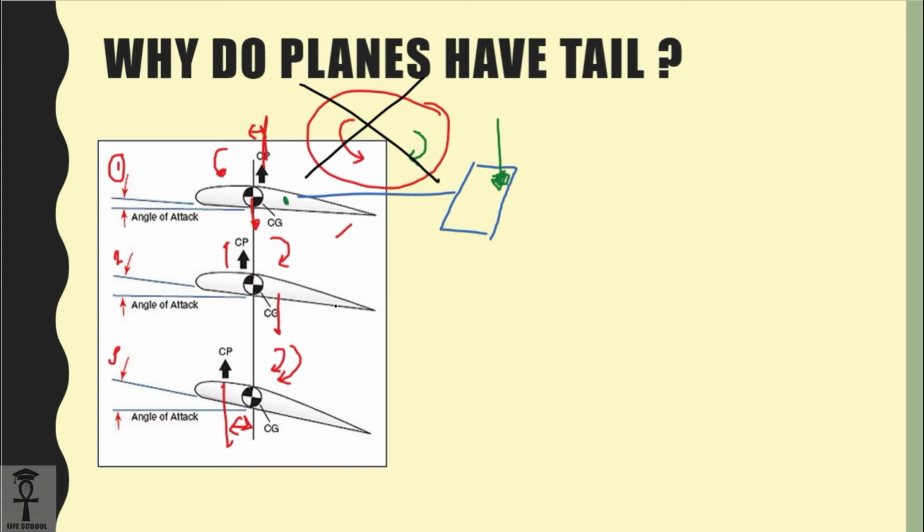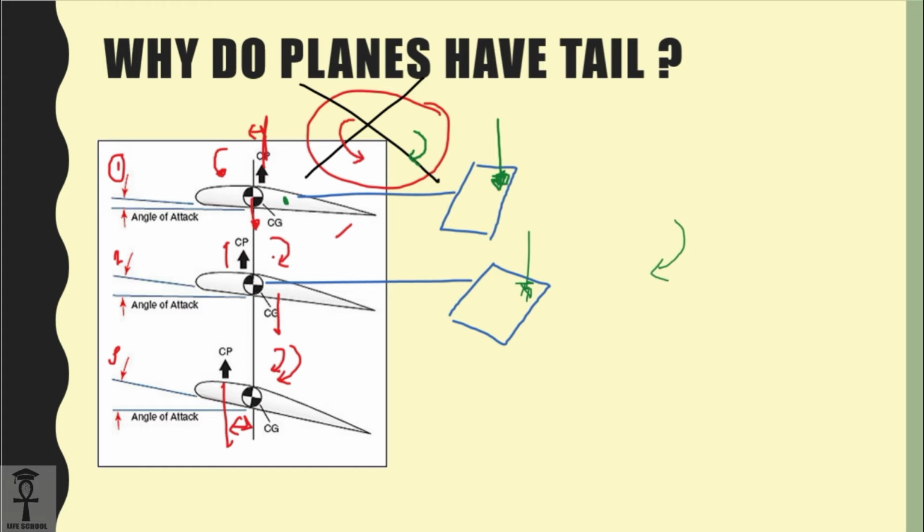Now let's have a look at this. Suppose the same tail was present over here, and it generated a negative lift. But this is again in this direction. Similarly,